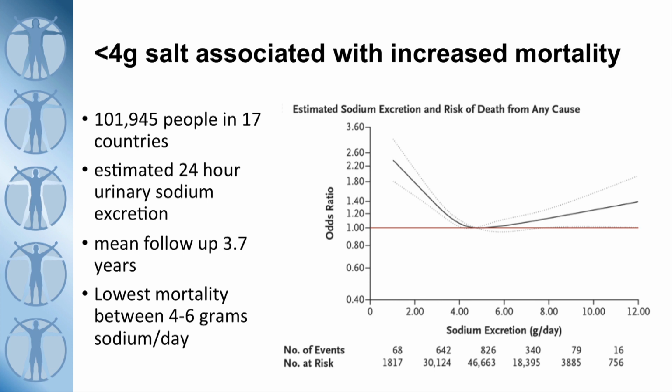And what we see here is that the lowest level of mortality was somewhere between 4 and 6 grams of salt a day. If you had less salt than that, look what happens to your risk of all-cause mortality. If you've got 2 grams of salt a day, that's about double the risk of dying from any cause. So when we're talking about salt, it's critically important, especially if you're on a ketogenic diet, because you have to understand ketogenic diet means low levels of insulin. Your body's not holding onto that salt. So a lot of people will actually find that to avoid the symptoms of keto flu, they actually need to increase their salt intake into the diet.